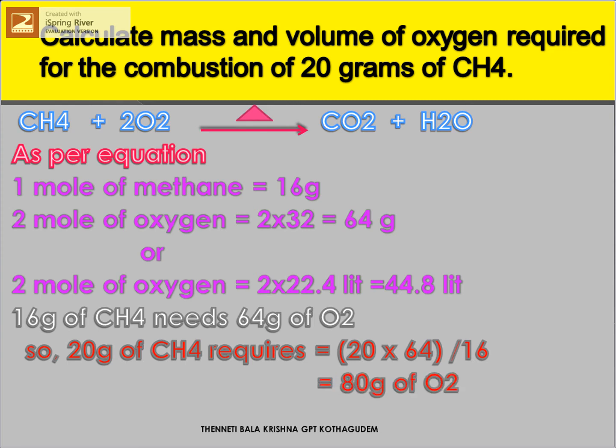Okay. So the answer is 80 grams of oxygen. It is more than 64. 16 grams needs 64, so 20 grams needs 80 grams. Is it clear? Right. You note down the problem. I think you understood the problem, just the cross multiplication method, but here we